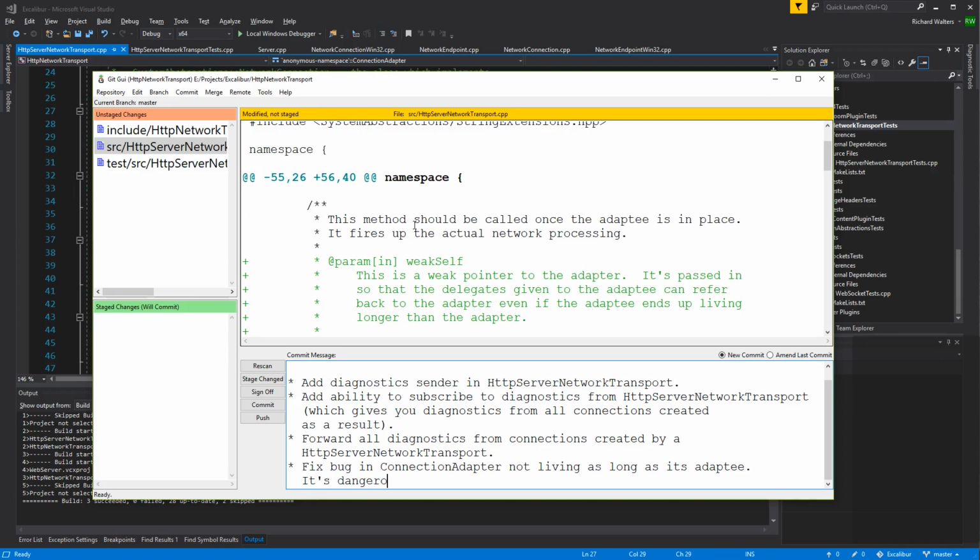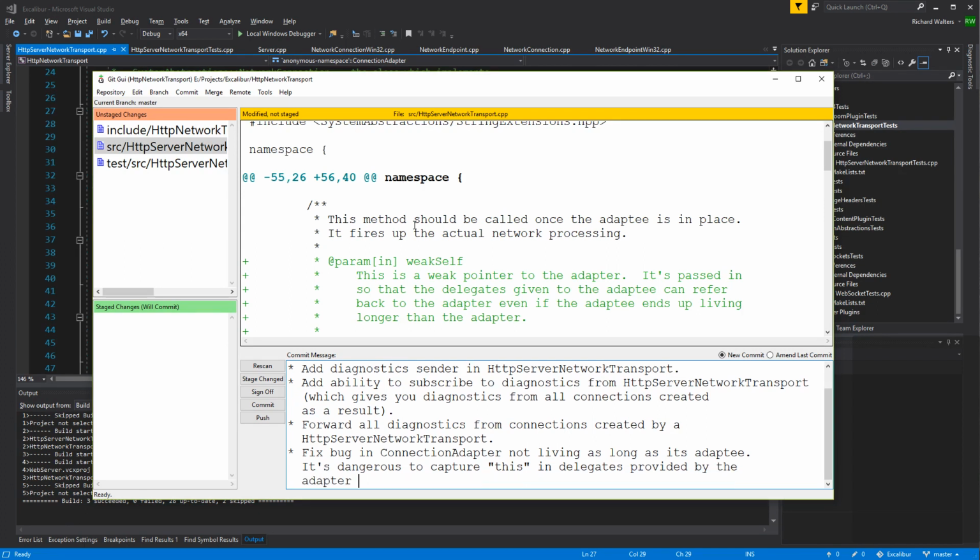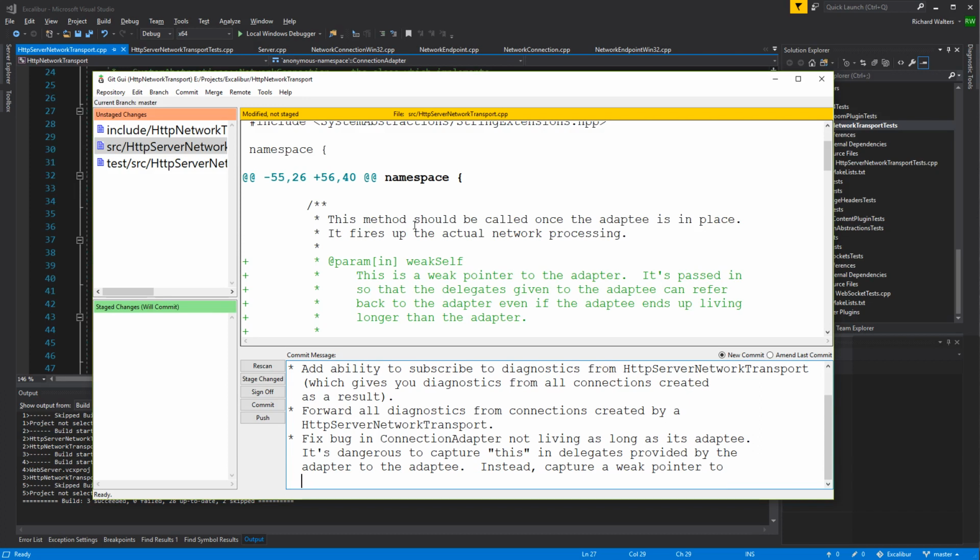It's dangerous to capture this in delegates provided by the adapter to the adaptee. Instead, capture a weak pointer to the adapter, and ignore any callbacks after the adapter is destroyed.